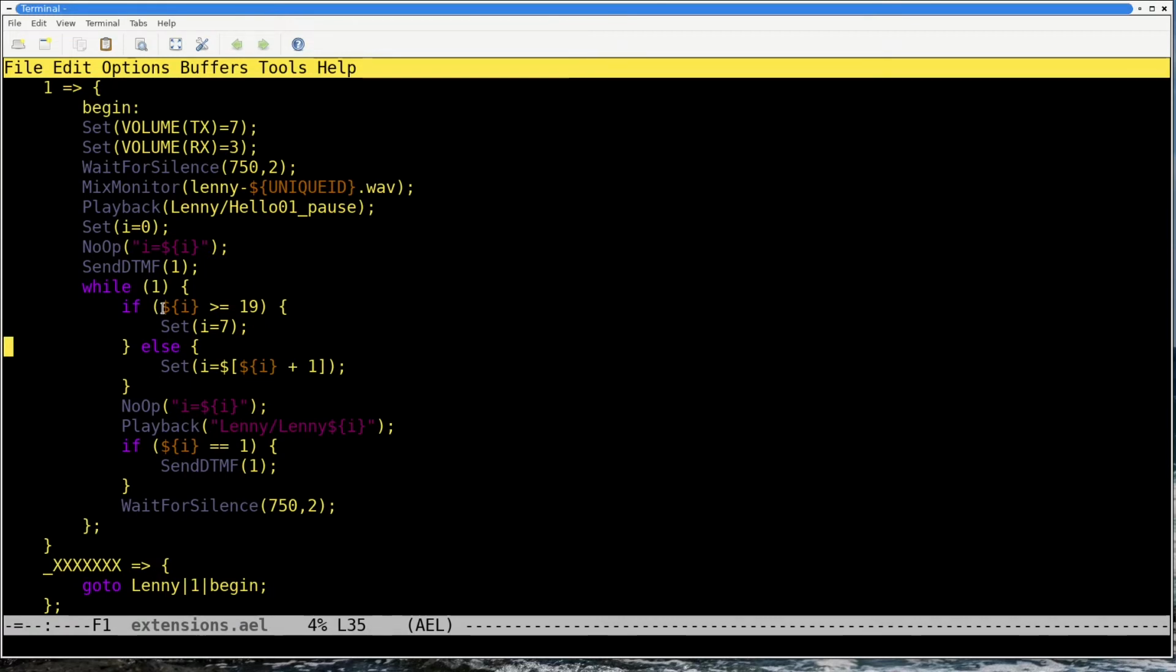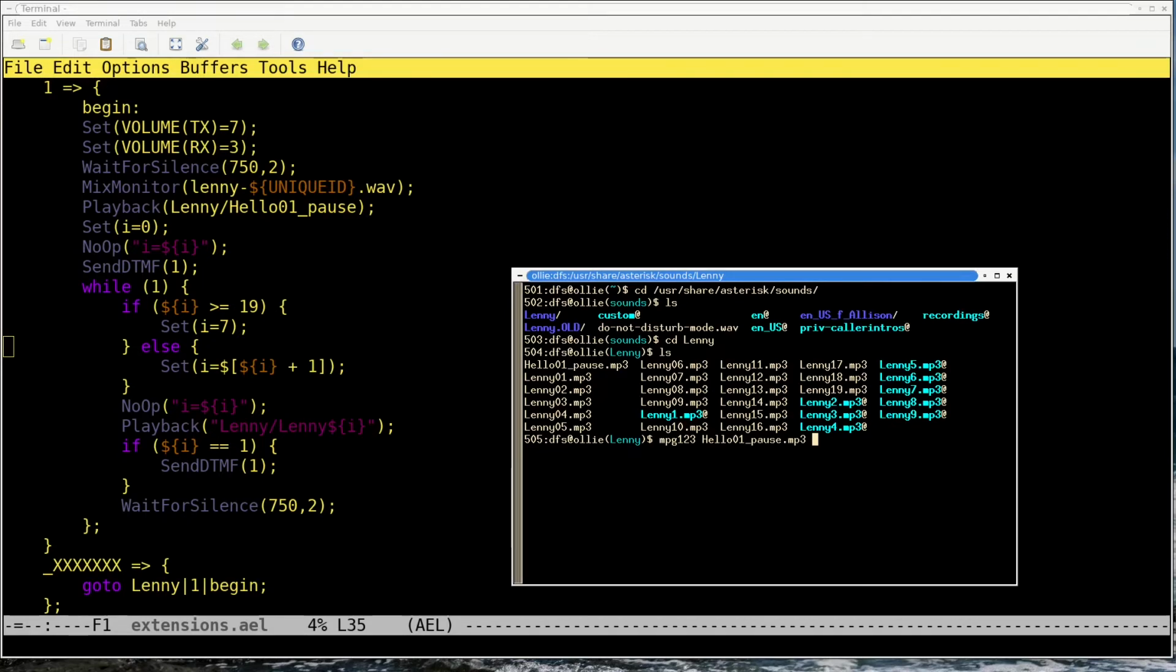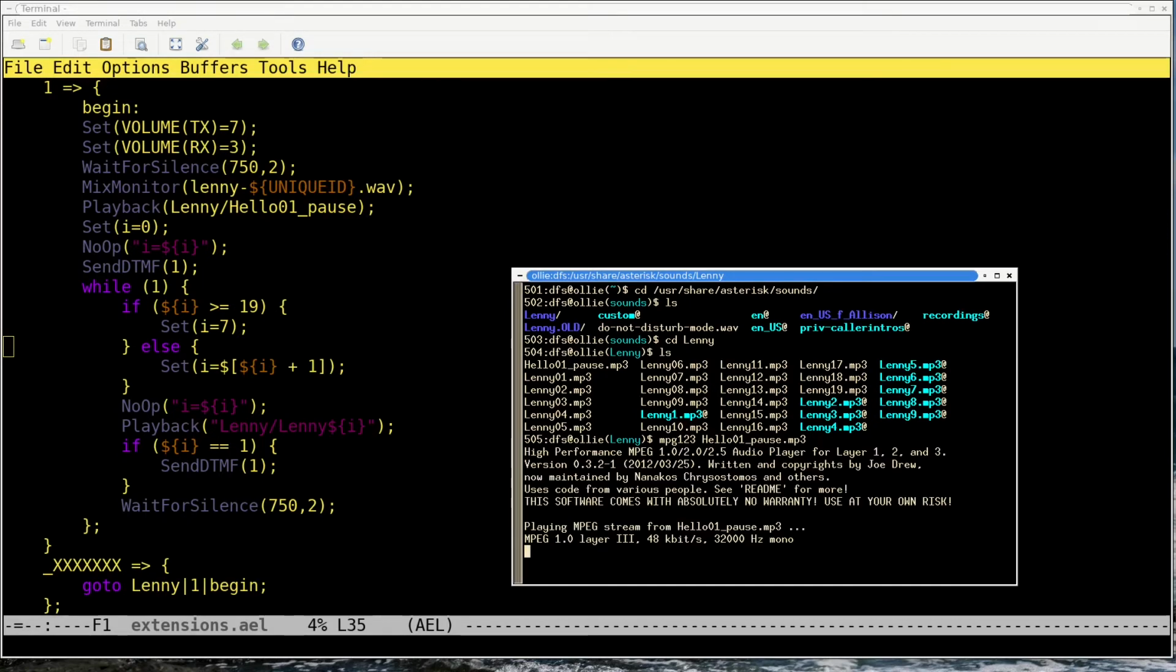Okay. So there's some stuff that just sets some volumes. And then we wait for silence. What usually happens is somebody will call and we wait for silence. We then start recording. And then we play a sound called Lenny. Hello, 01, pause. So let's actually listen to that sound if I can find it. If we listen to that sound, we get: